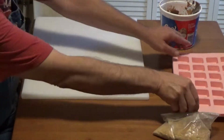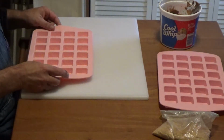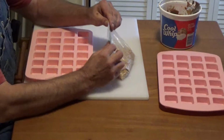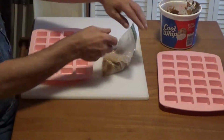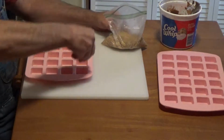After several attempts on this, I think I've come up with a solution that I like for making Smorish S'mores. The first thing I did was I crushed a bunch of graham crackers. I'm going to use these small molds, and basically I'm just going to sprinkle